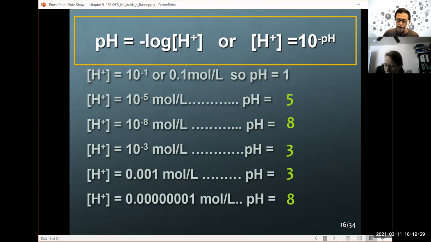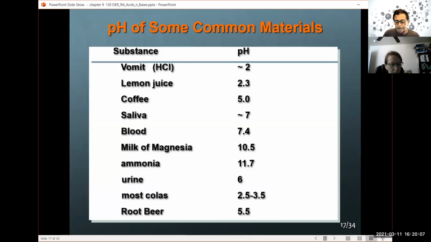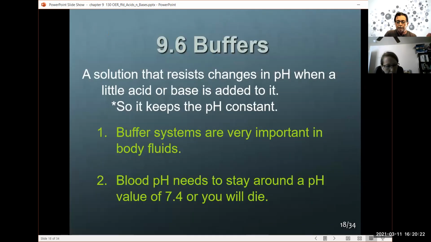Okay, and then within the acid range, there's a strong acid and a weak acid, and the same with the base side. Some examples of different pHs of items that we're familiar with, a variety of pHs, from a very low 2 to a very high, almost 12 for ammonia. Okay, so